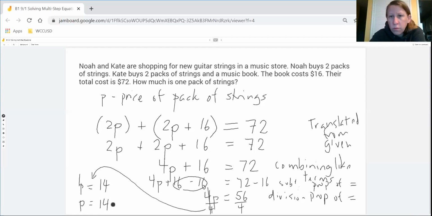Okay, often with word problems, you want to actually answer the question. So if you show someone this, they'll be like, wait, what's the answer? So you want to answer the question. 1 pack of strings